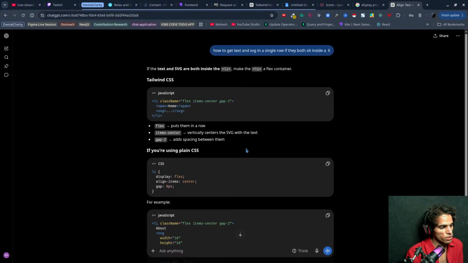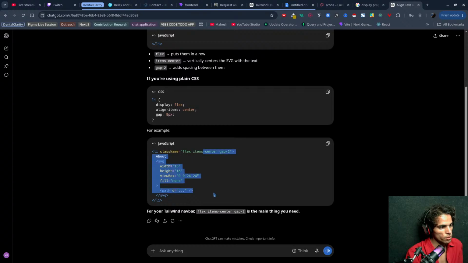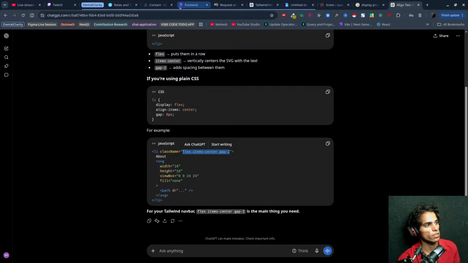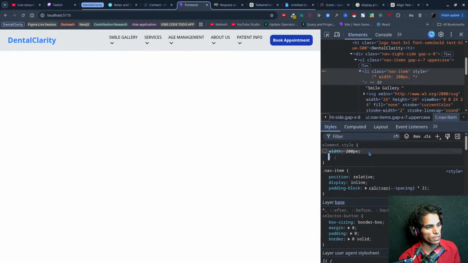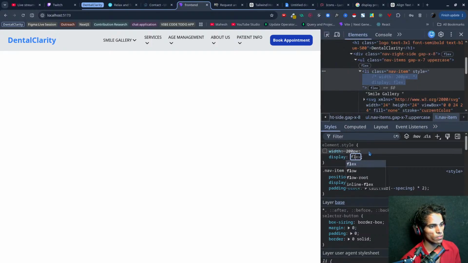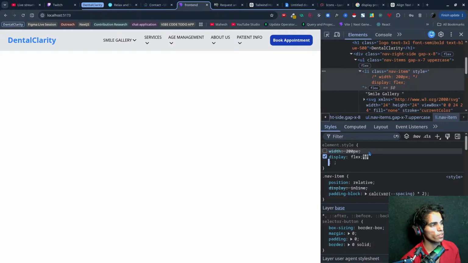If you are using plain CSS, then this, and for example, flex item center gap to. If I do this, will there be any styling problem? Let's get into this, and I will give it display flex, and now let's see, is there any problem?